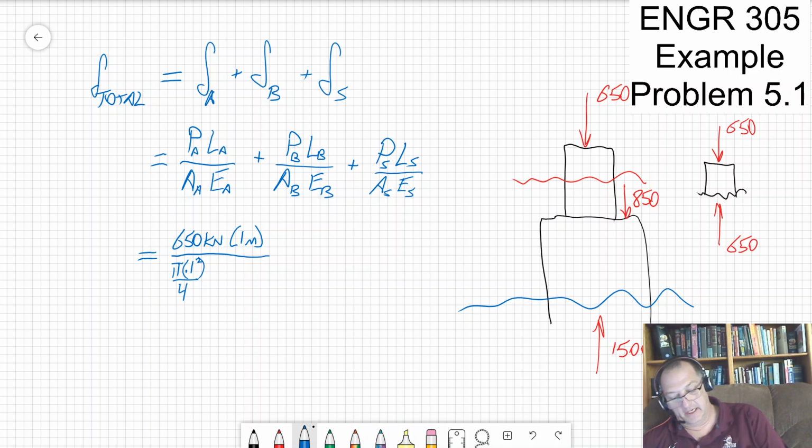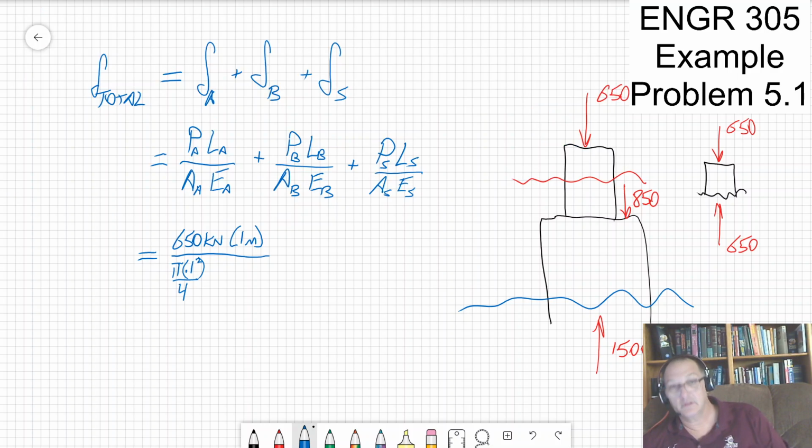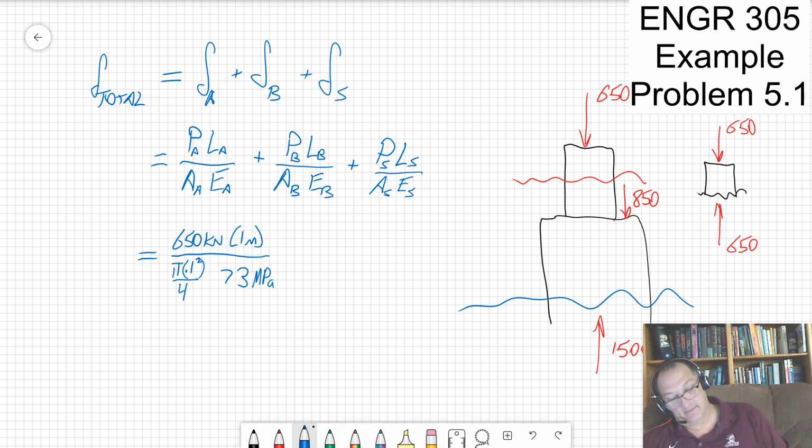That's my area. And my Young's modulus, which the problem statement gave me, for aluminum is 73. So 73, and that was megapascals, I think. Gigapascals, there you go. I got an E to the 3 problem here, so let's get rid of the whole thing and rewrite that. Gigapascals plus,